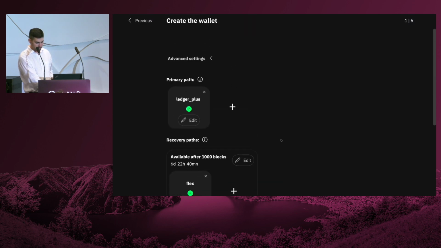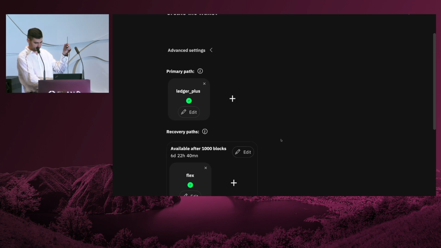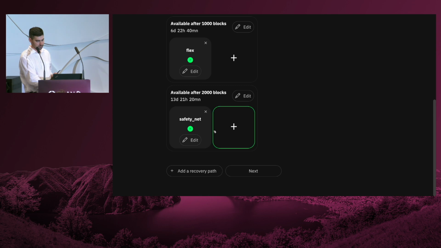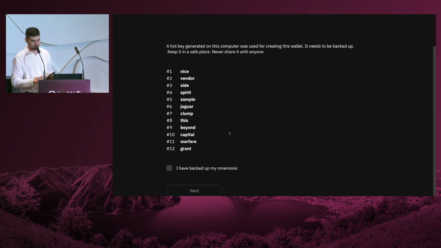And so now we have a primary spending path, once again the Nano S Plus, the first recovery path, this device, and the safety net, which is the second recovery path. We can move on. This is the seed of the hot wallet generated by the computer.